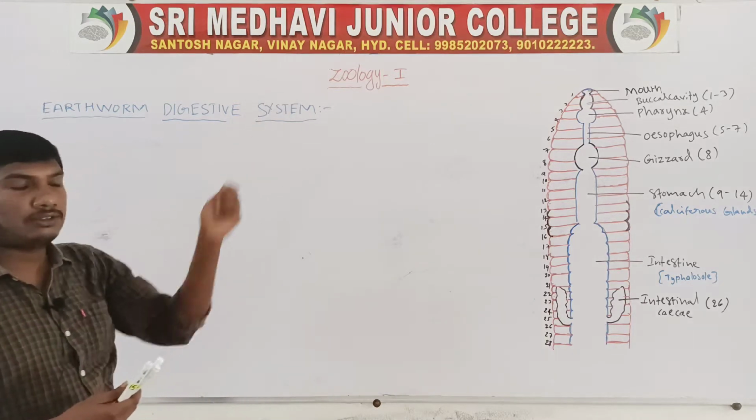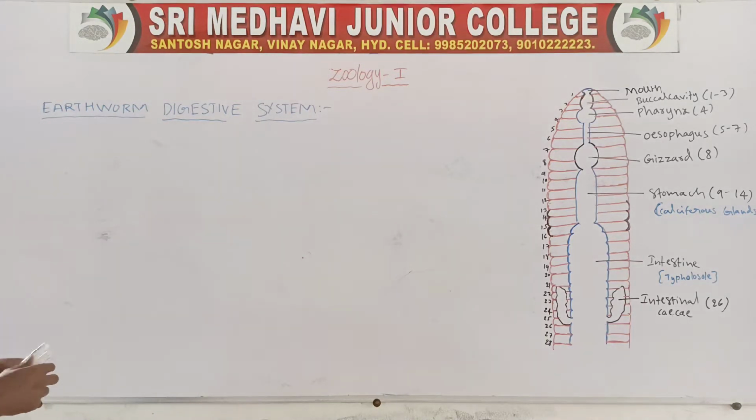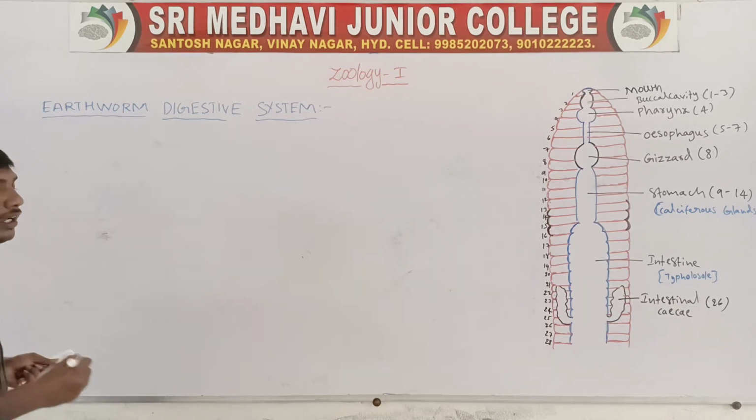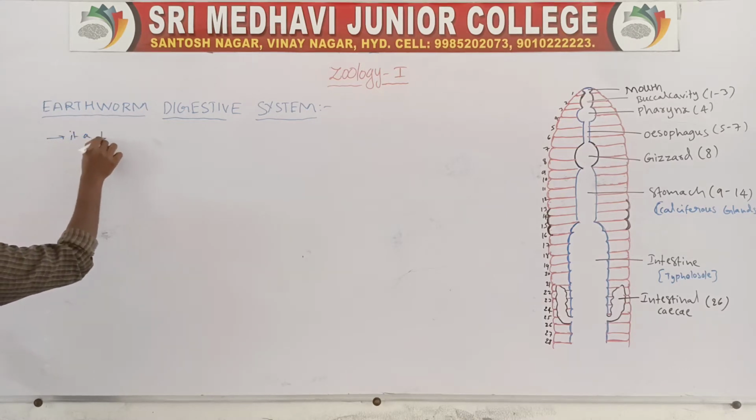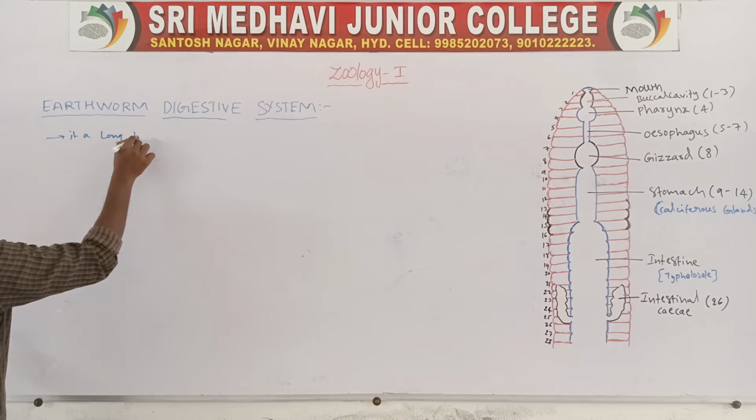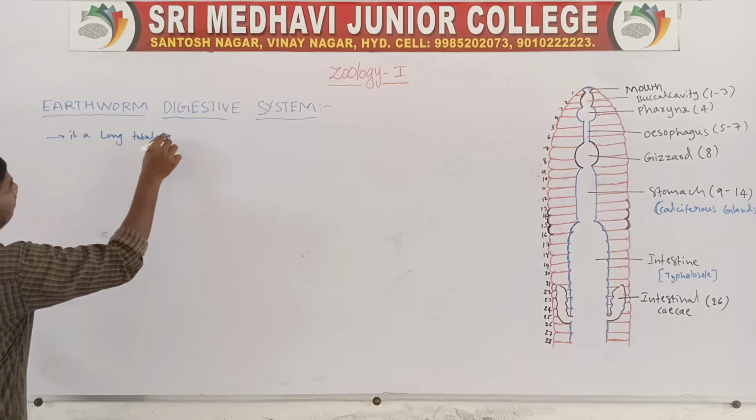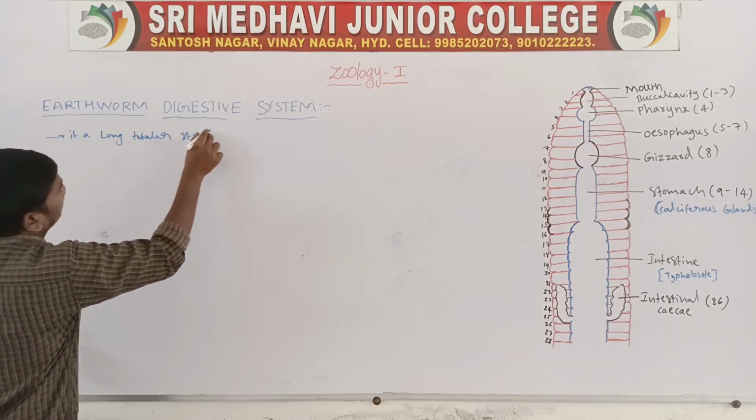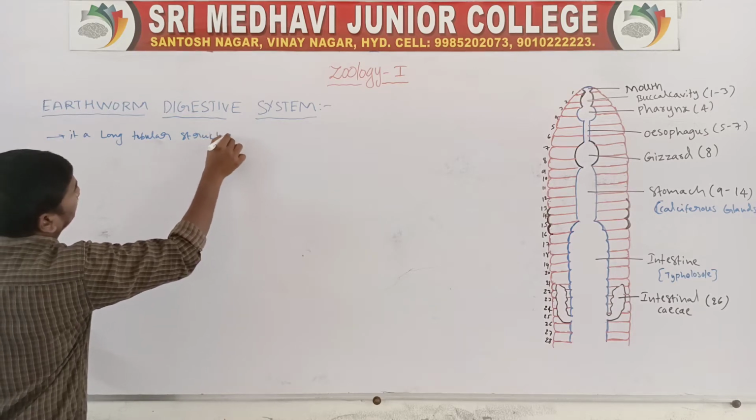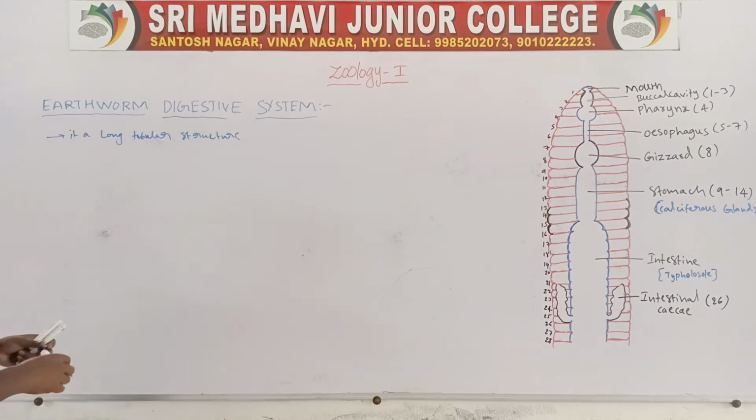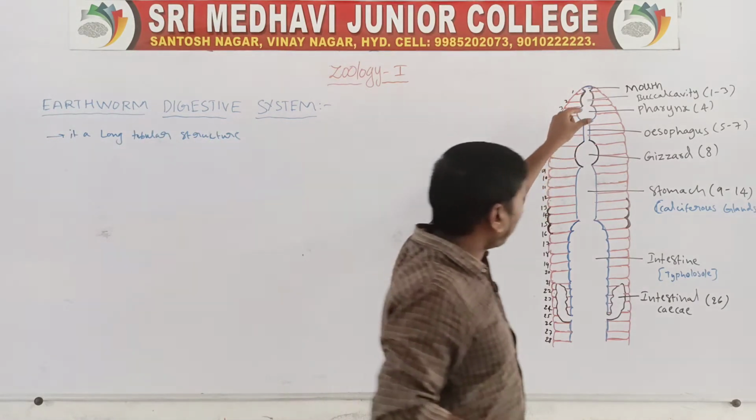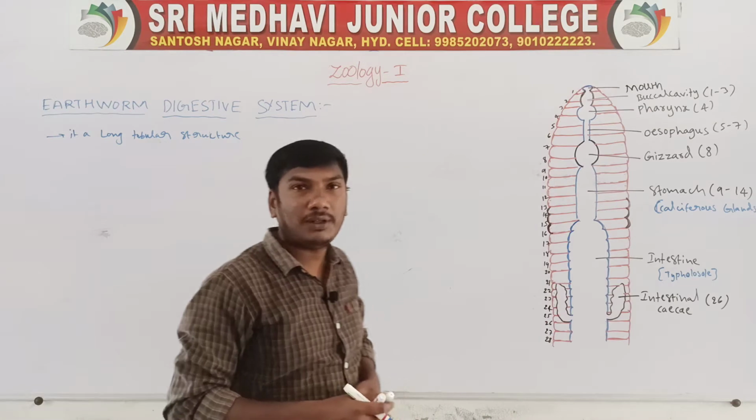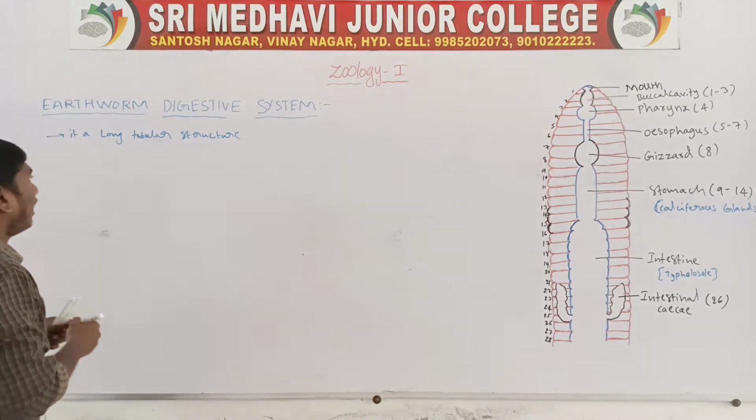The earthworm digestive system is a long tubular structure. It starts from the mouth